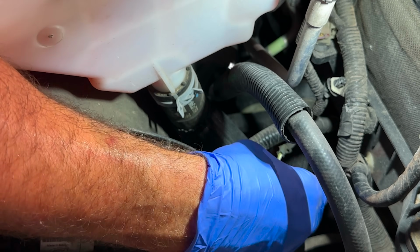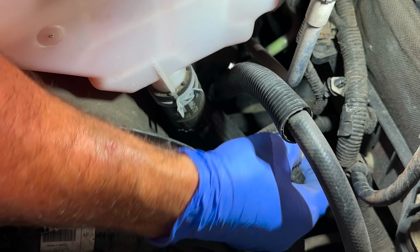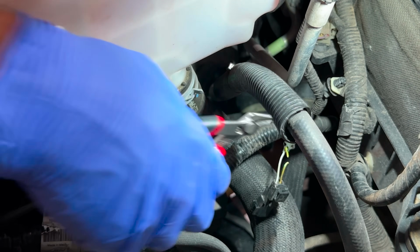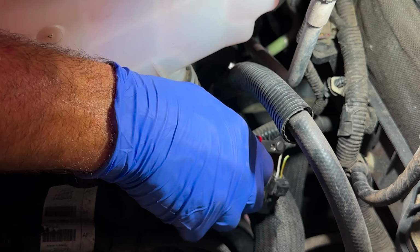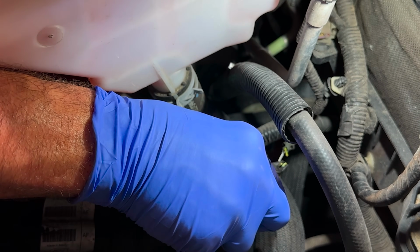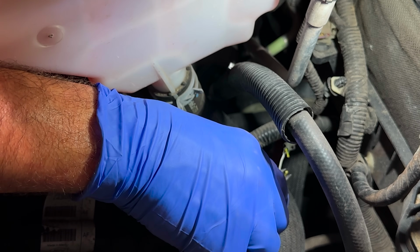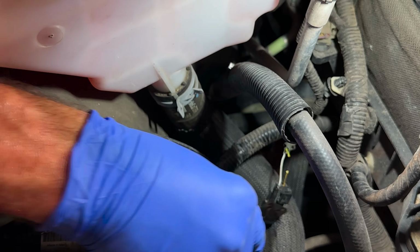Ooh, what are we gonna do, boys? There's the brake right there. Look at that. Boing. Okay, let's make a little trim. Cut out the bad area, this little end right here. I just keep clipping until I find good copper. There's no reason to keep chopping off more. My goal is to not make this thing look like it's having a baby, and being that it is so close to this electrical connector pigtail, I don't have that much room,